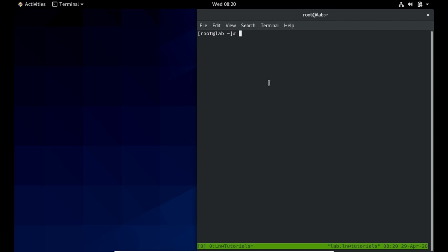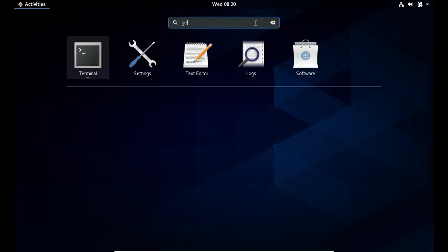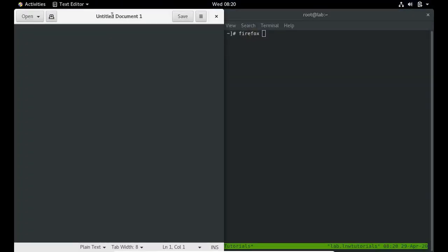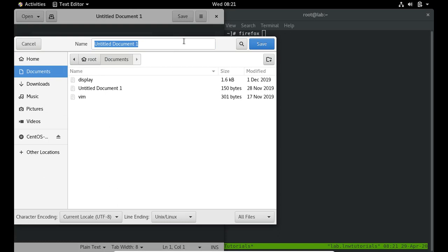Now suppose I'm starting Firefox because I need to browse something. For this I start one text editor here, and first I save it as notes.